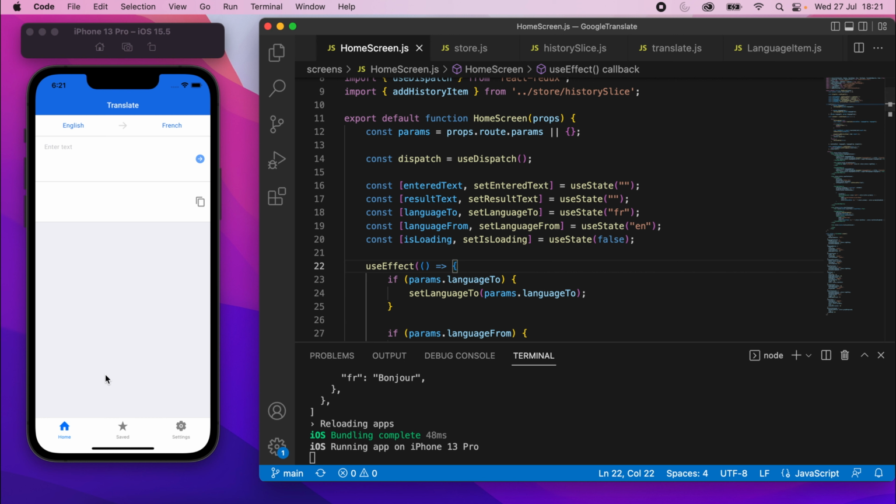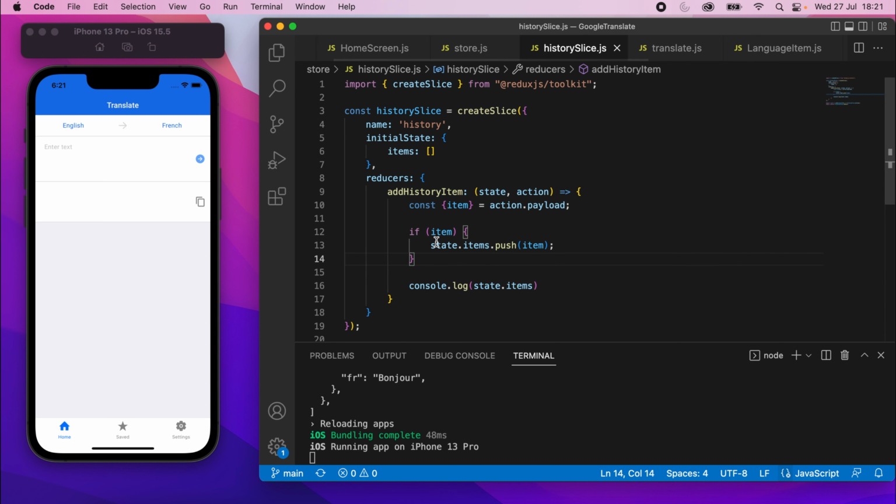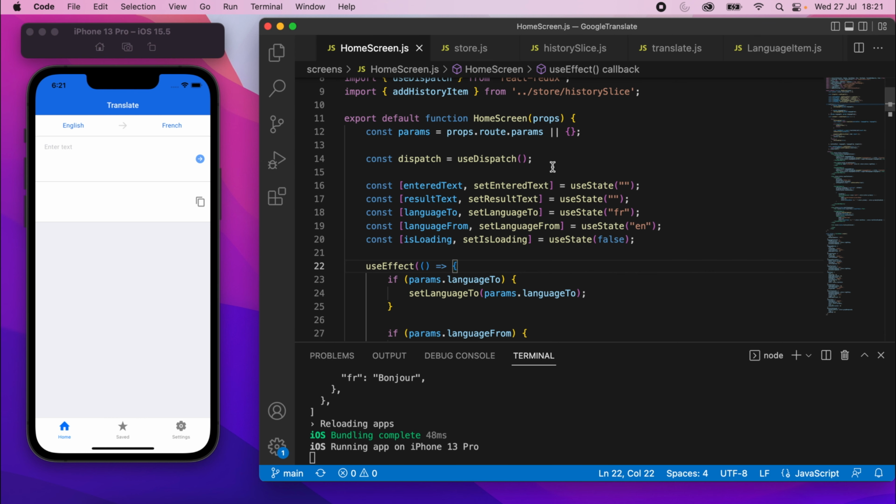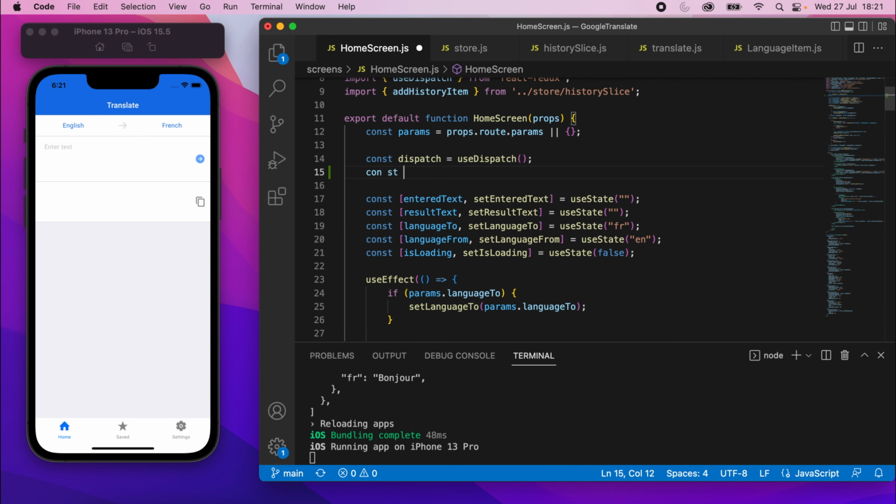Alright, so let's output the history items down here. So the history items are being stored in the state right here. How do we access the state from a different page? Well, it's actually quite simple. Underneath use dispatch on the home screen, I'm going to say const